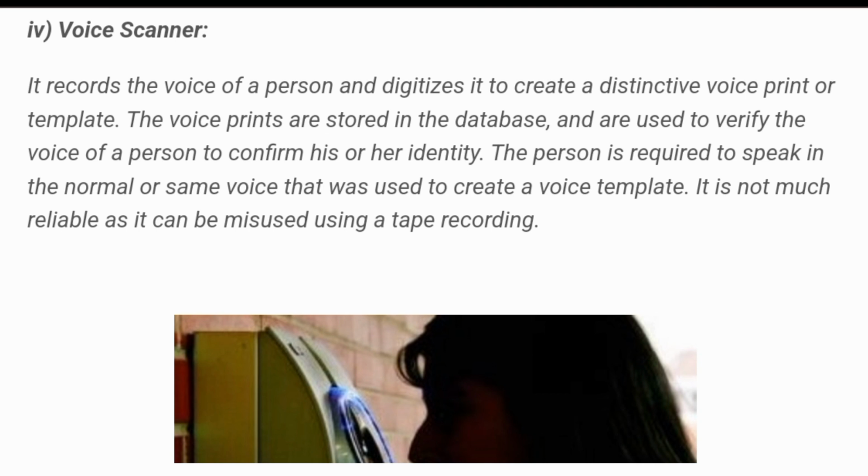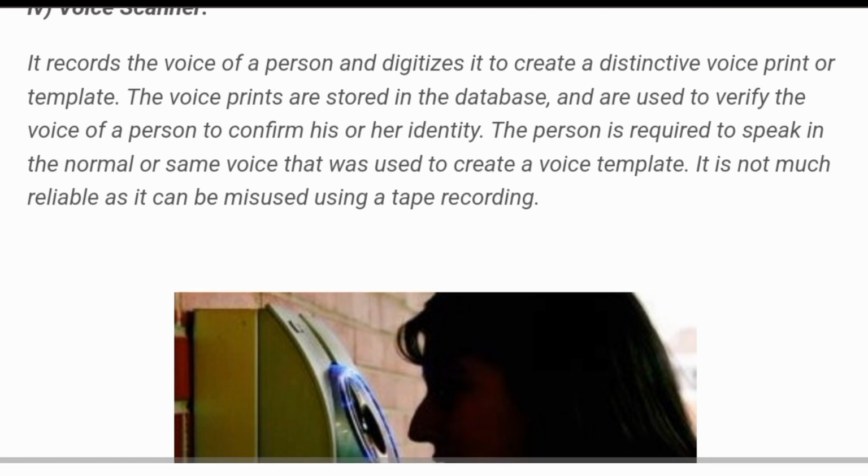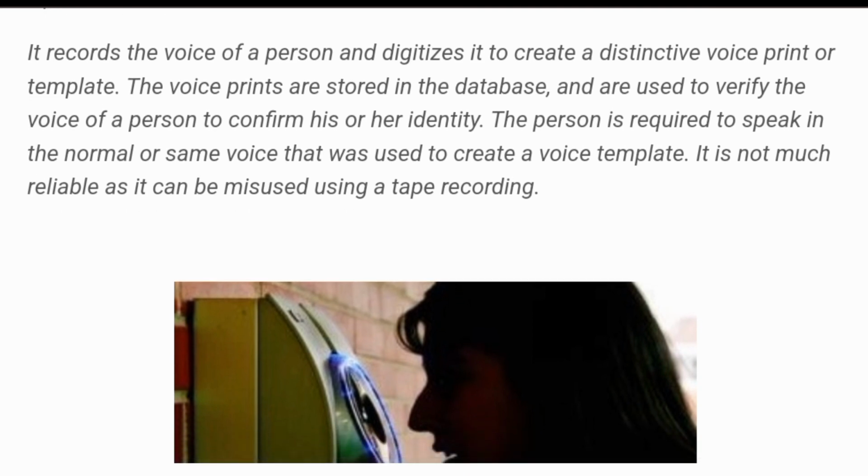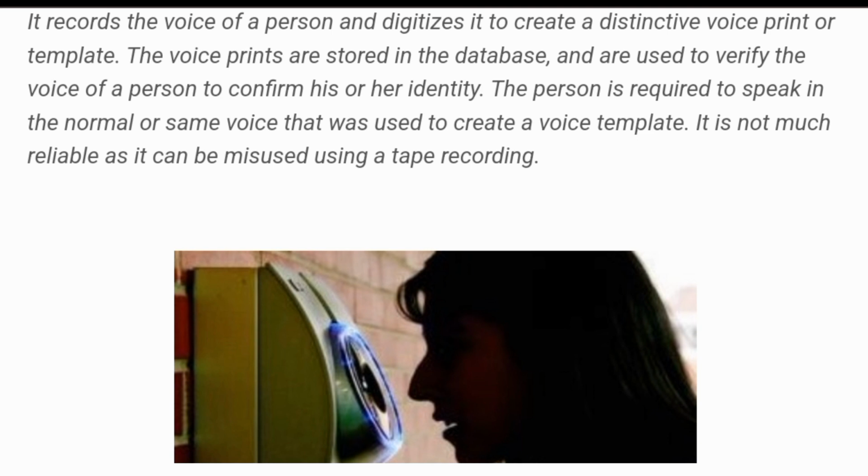To confirm his or her identity, the person is required to speak in the normal voice that was used to create the voice template. It is not very reliable as it can be misused using a tape recording. Voice scanner figure below.